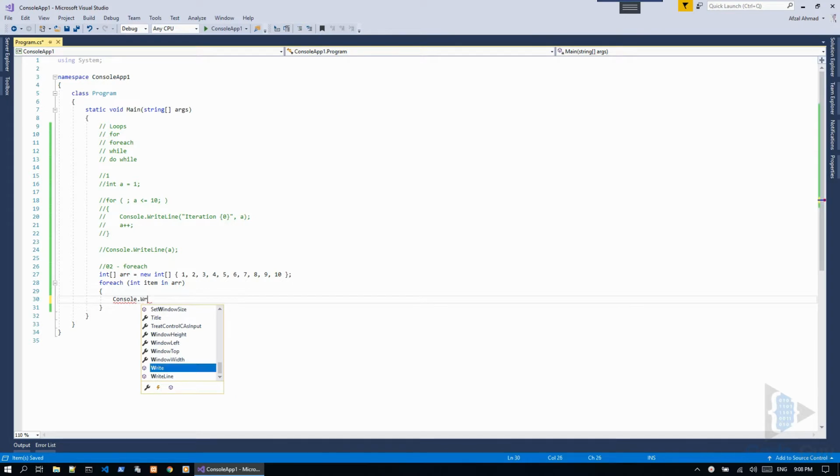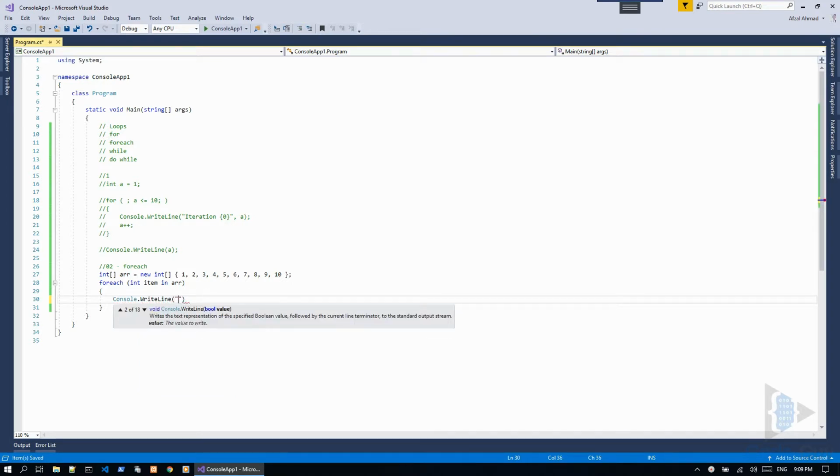Console write line, and I want to take any of these numbers, for example item, multiply it with 2, and then print the result. So the first argument is gonna be item itself, and the second one, which is the first index, is gonna be the product of item multiplied by